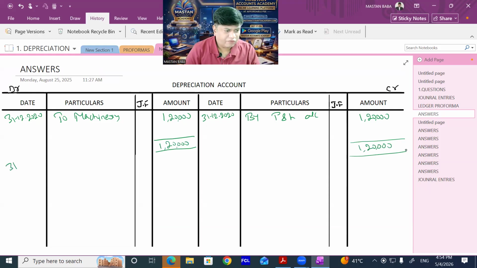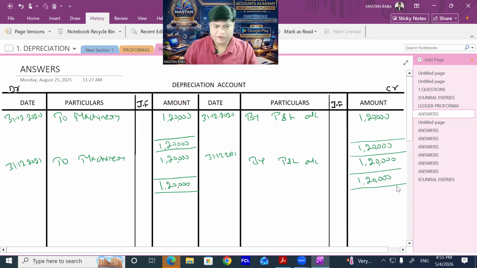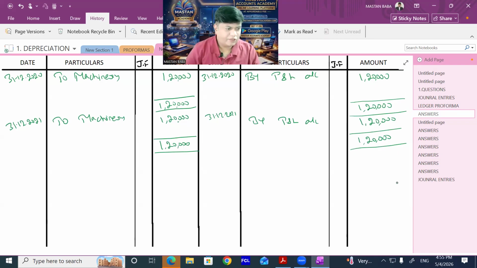Again, dear students, 31st December 2021, to machinery account. Fixed installment method, the same amount in the 3 years, 1,20,000. 31st December 2021, by profit and loss account 1,20,000. Close it. And last, finally, one more year here, 31st December